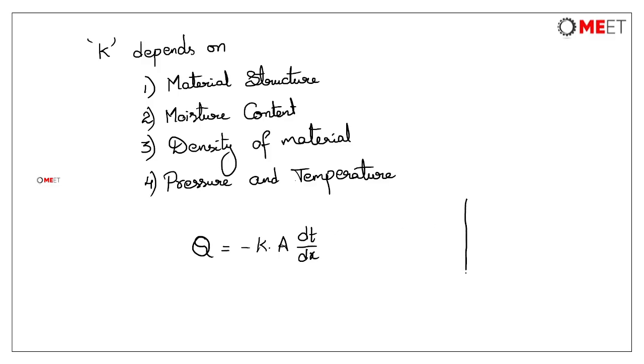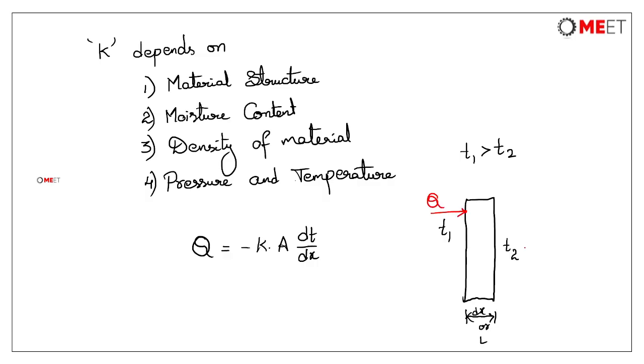Suppose let us consider there is a plain wall like this. One side of the wall is at temperature T1, the other side is at temperature T2. So T1 is greater than T2. And the thickness of the wall, let us assume it to be dx or thickness L. When T1 is greater than T2, heat transfer takes place from this side of the surface to